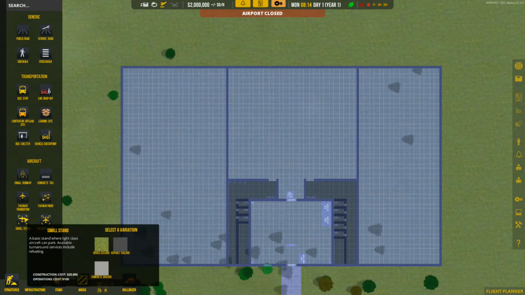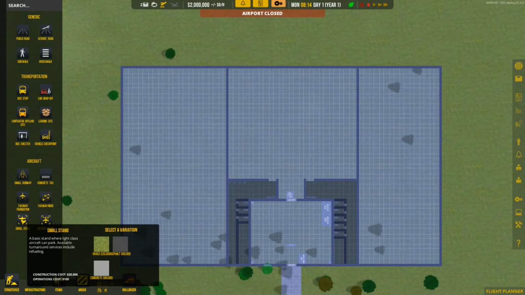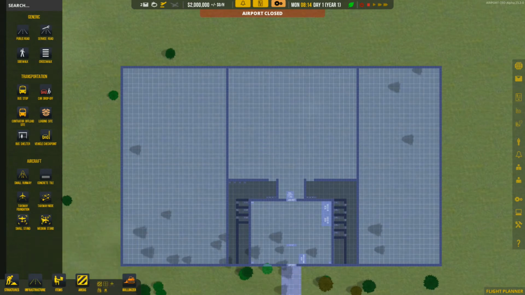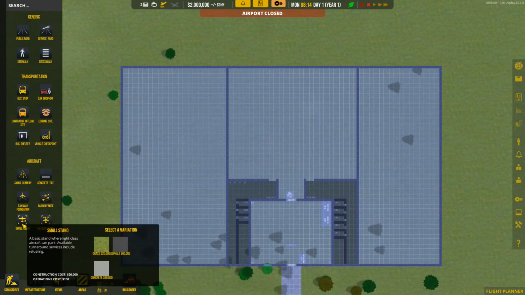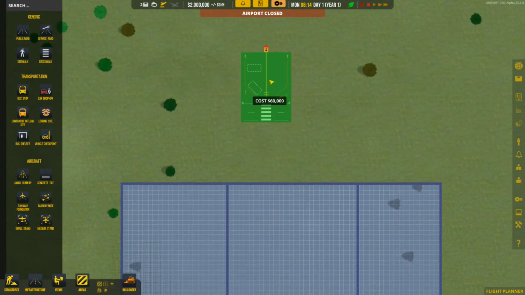Let's have a look. Small stand. Okay, so let's look where the stand. I'm only going to do a small stand for now. Oh, hang on. I need to choose which type. I suppose asphalt would be nice, wouldn't it? Okay, so